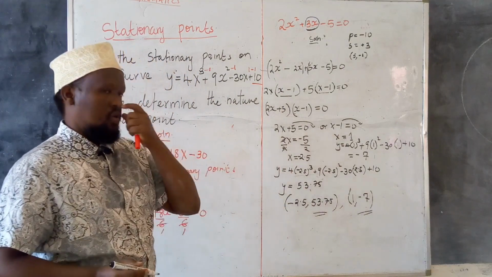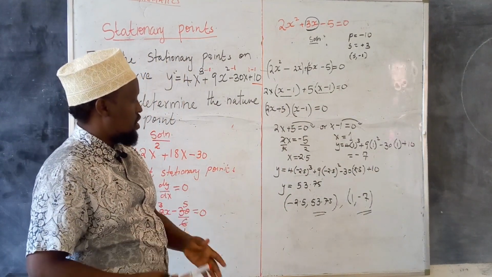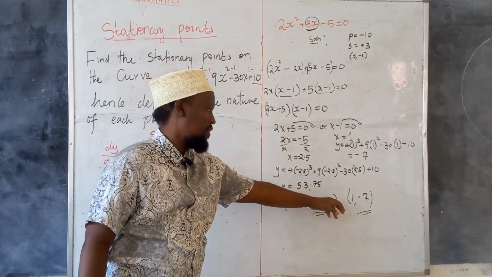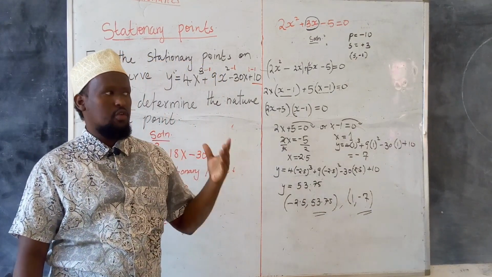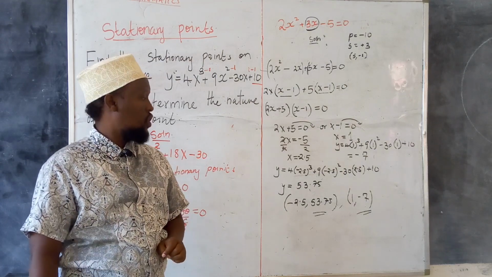Good. Now we have the stationary points. The first point is (-2.5, 53.75), and the other point is (1, -7). Good. Now once you find the stationary points, the next step is